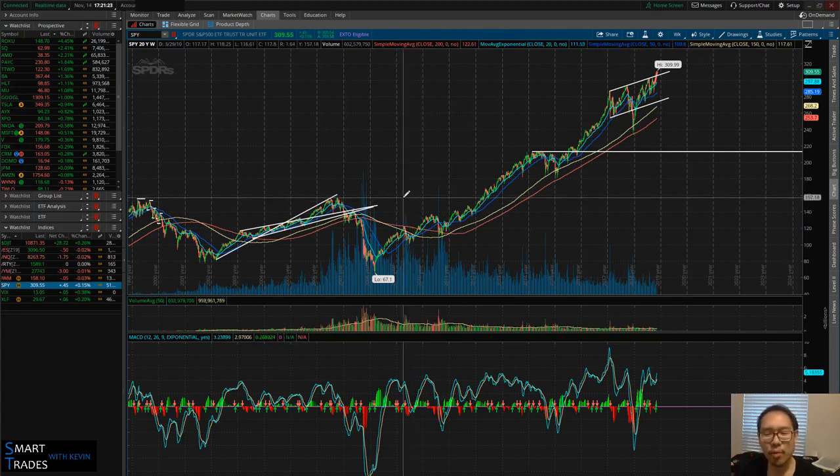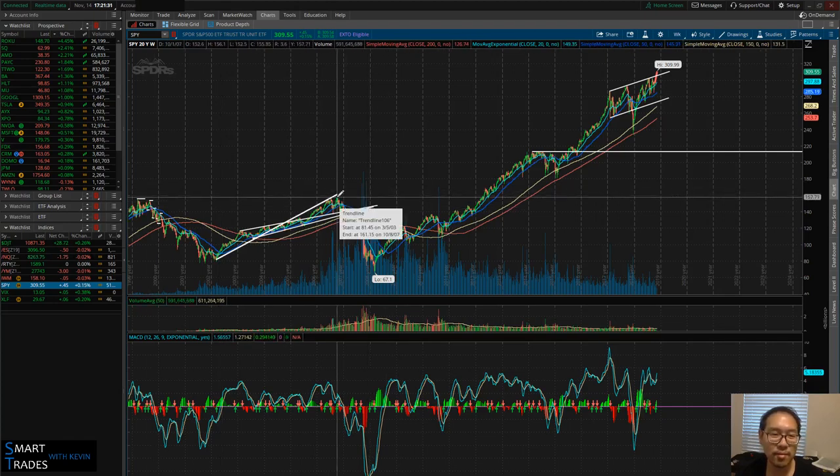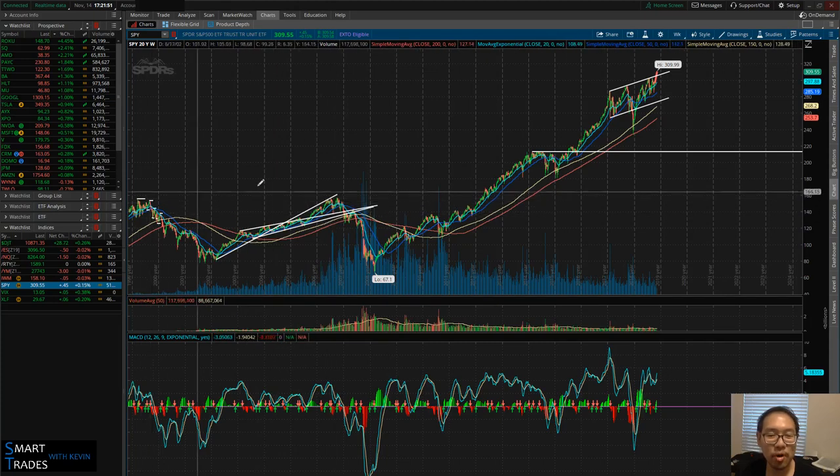So I want to go back to the weekly time frame for the S&P 500, SPY, because once again, I just want to show you, here's a resistance level, right? This was on October 2007. This was in the year 2000. So I just want to point this out. Obviously, you take a look, this was 2013, right? We're at the exact same place as where we were the past two instances before a major